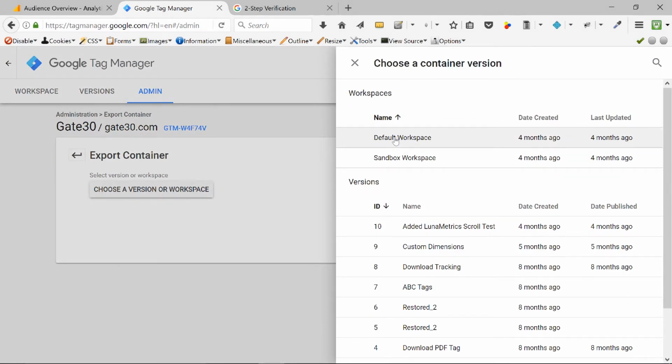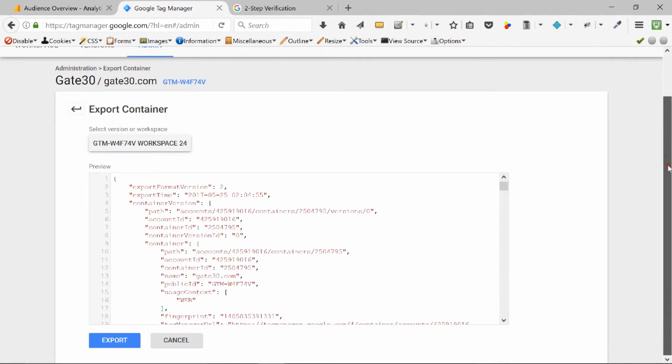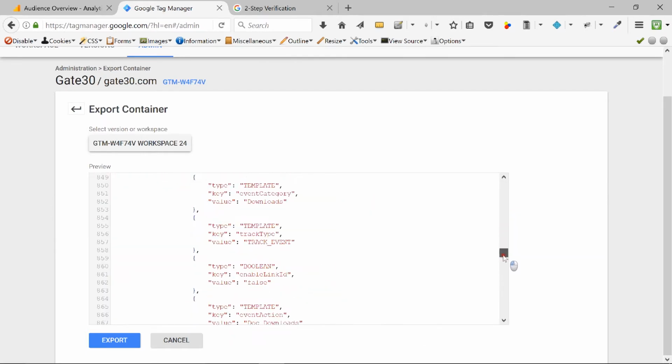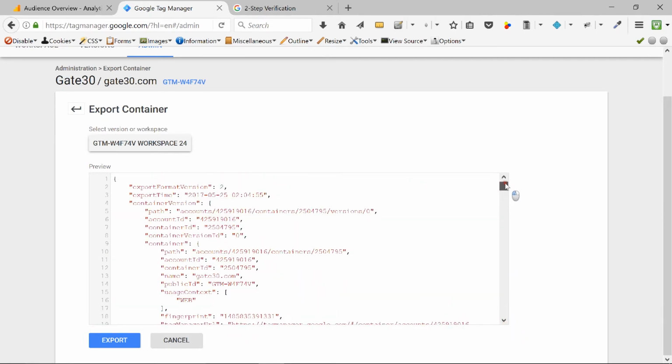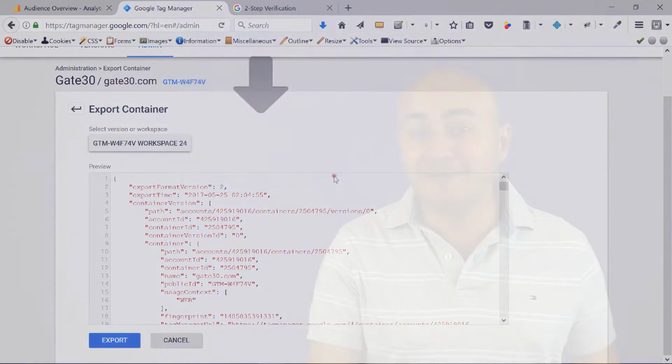And it automatically shows me a JSON file, which is nothing but the way to create all of my tags and all of my triggers and variables in one go. It's all saved in a JSON file, and as you can see here, I'm going to save it to my computer. Perfect. When you have this locally, you can upload it to a cloud service if you want, or if you want to keep it low-key, keep it on your computer, that's fine,